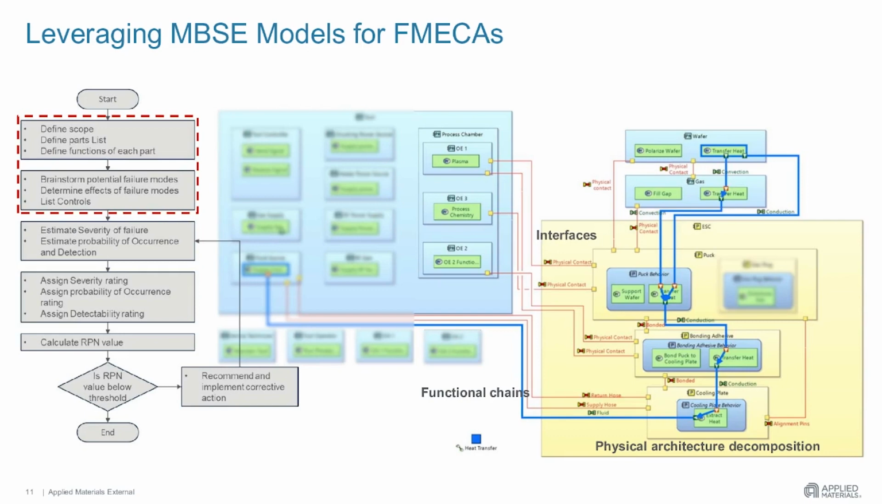We've followed that to help us now define and allocate functions at the component level. Like, for example, here again, we are saying that it is the puck that is supporting the wafer, and then it is the puck, the bonding adhesive, and the cooling plate that all have to have a heat transfer function to effectively cool the wafer. So now we have a well-defined list of functions for each component that is already available in the